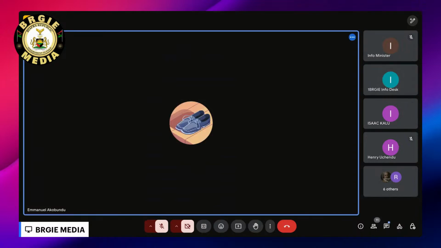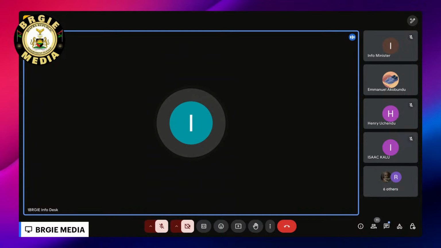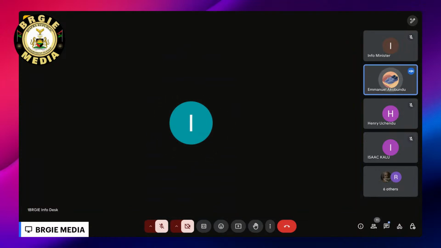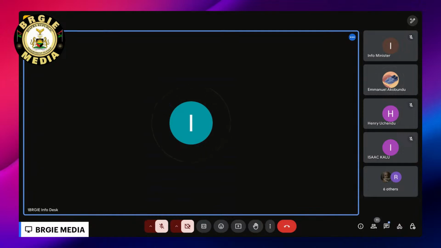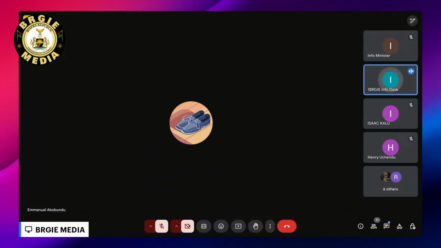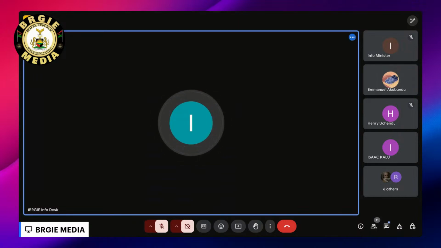Do you see it? No, not yet. You need to fully share. You need to fully go through the process. It's like you stop at a certain point and you haven't fully executed the share. Did you see it? No. Do I make my screen full screen? I don't think you need to adjust any of that. I think you just need to press share, and then it will